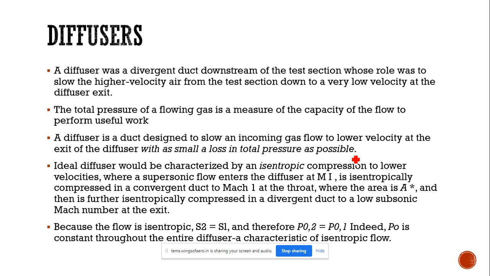Normally, what will happen for a diffuser? What is the function of a diffuser? Anyone? Converting kinetic energy to pressure. Yes, it converts the kinetic energy into pressure energy. Actually, the function of the diffuser is to slow down the velocity for a wind tunnel. Means after the test section, the velocity needs to be slowed down.